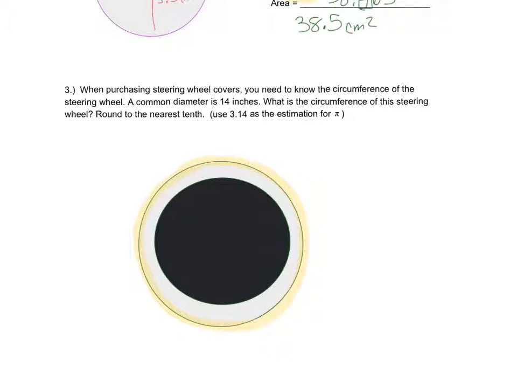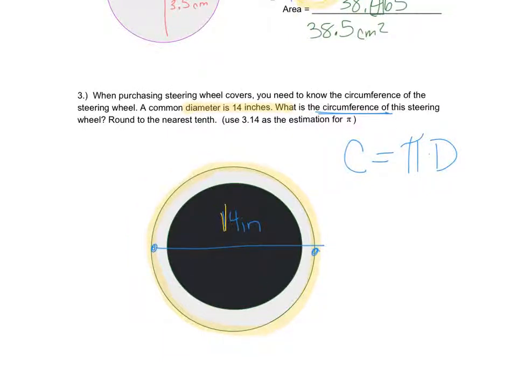It's telling me that a common diameter is 14 inches. That's most steering wheels. That means that I know that the distance from one end to the other is 14 inches. They're asking for the circumference, and I know that the formula for the circumference is pi d, or diameter times pi. And I know that the diameter is 14 because that's what they said. And so I put in 14 for diameter, and I multiply it by 3.14, and I get